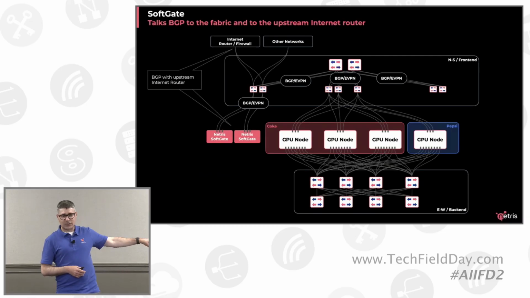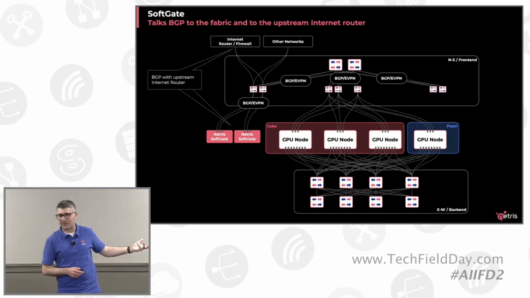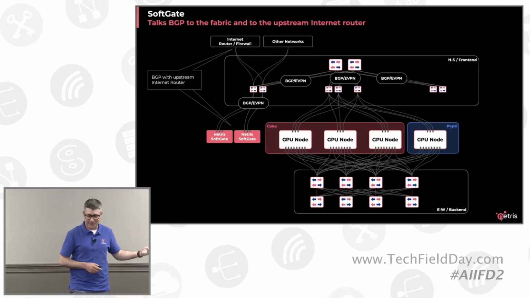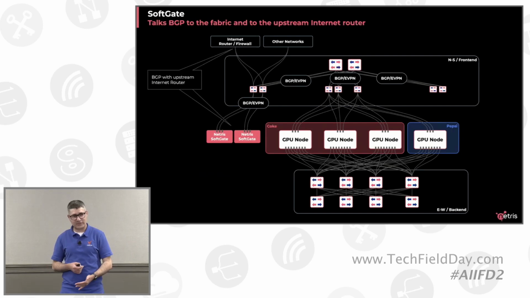Now, the SoftGate nodes are basically Linux machines running Netris with some acceleration, with some smart algorithms that we've created to do some things right and scalable. SoftGate nodes talk to the fabric using the same BGP, EVPN and VXLAN methods. So to the switch fabric, SoftGate is like another switch. But in reality, SoftGate is not a switch, it's a server. It can do different things that switches cannot do. And that way, if Netris wants, SoftGate can access any VXLAN, any VPC, any tenant, basically.